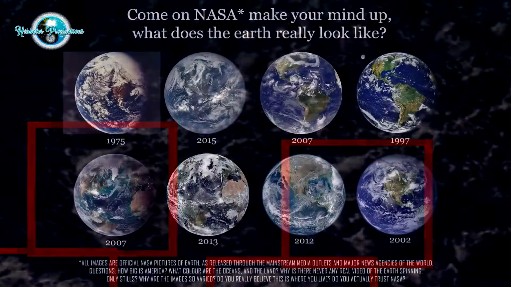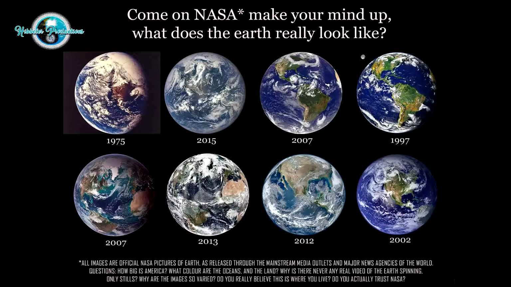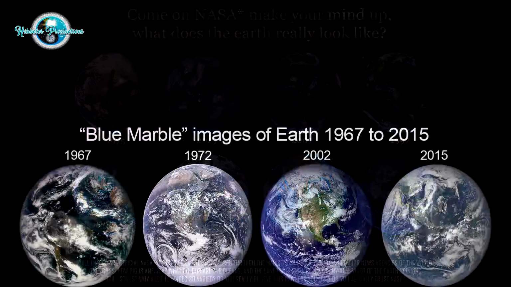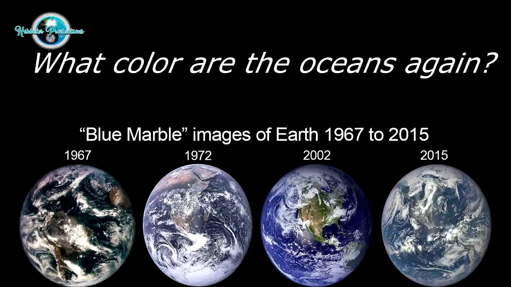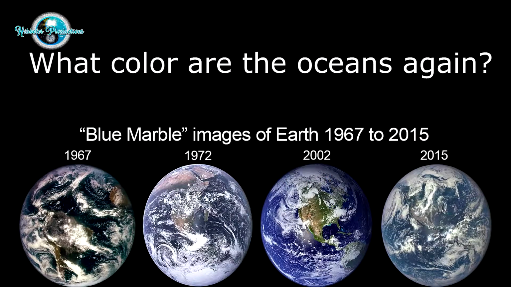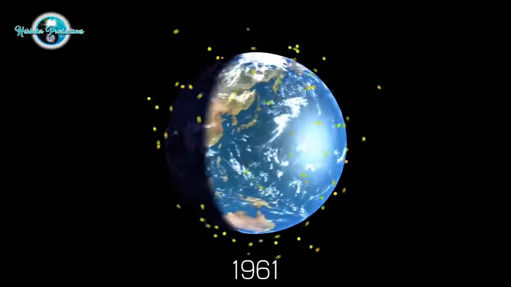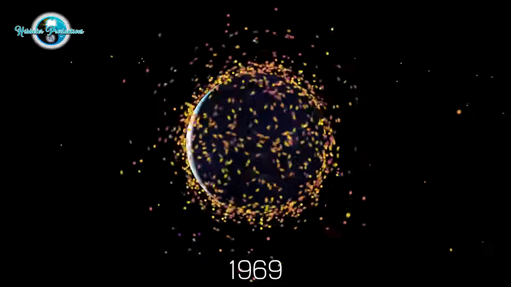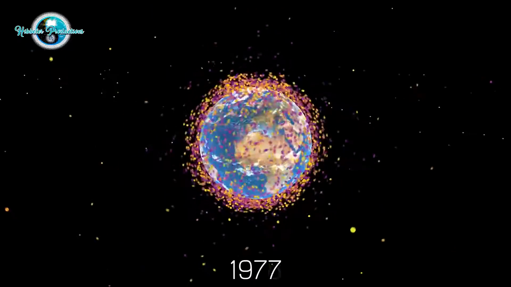Yeah, and those pictures that you're talking about, the blue marble pictures, I think there's maybe 8 to 10 of them over time that NASA has put out, and you're absolutely right. None of those pictures look the same. The color of the water is different. Like you said, the continents are different sizes. It's just unbelievable. And I think what happened originally was they would put these things out and nobody was paying any attention to it. And then all of a sudden now people are paying attention to it, and now they're pulling these pictures in, and it's an obvious fraud. And the thing is, there's supposedly tens of thousands of satellites orbiting Earth.